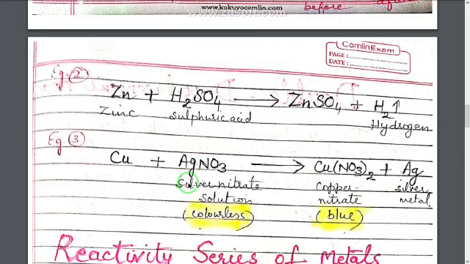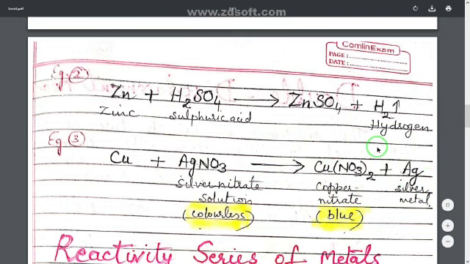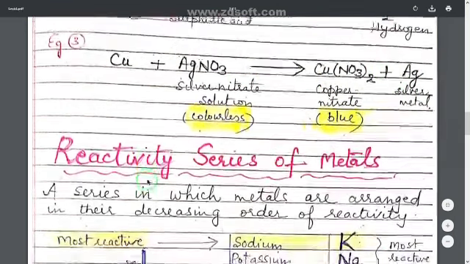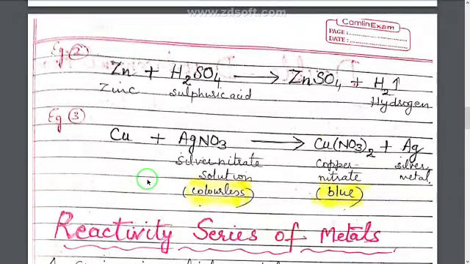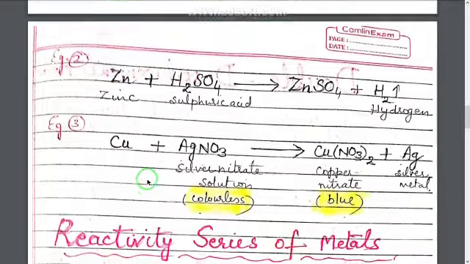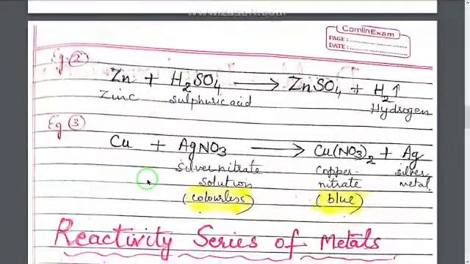Similarly, the third reaction is copper reacting with silver nitrate solution, and copper displaces silver, being more reactive than it. So copper nitrate is formed and silver metal precipitates at the bottom. Now a question arises: how can we know which metal is more reactive and which is less reactive, because the reaction will only take place when a free metal is more reactive? So for this there is an